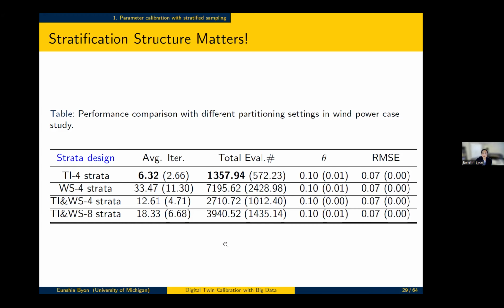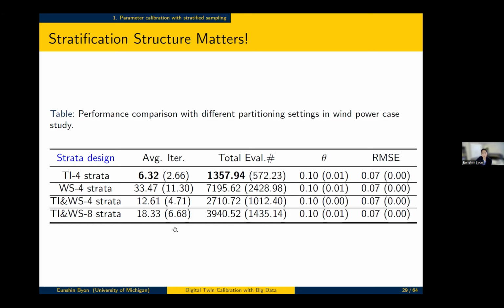So this really indicates that the stratification structure is really important. If I use both TI and WS, it also reduces the number of iterations and evaluations compared to wind speed. So we need to really decide how to divide the input space to implement stratified sampling,